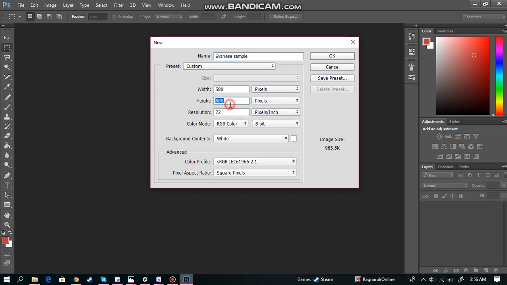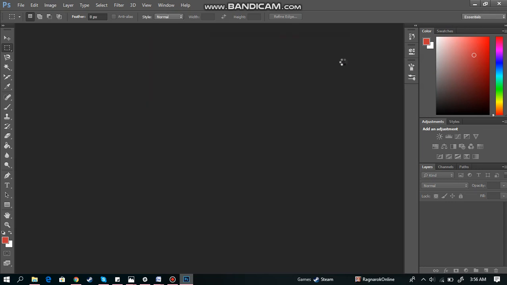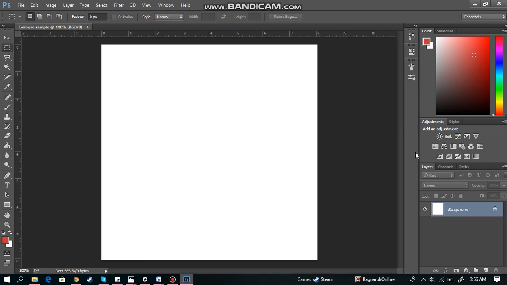And as for the height, that would depend on the length of the design that you want. So for this, we can use 580 pixels as well. So this is going to be a square design. So click on OK. So as you can see, a new layer has been created